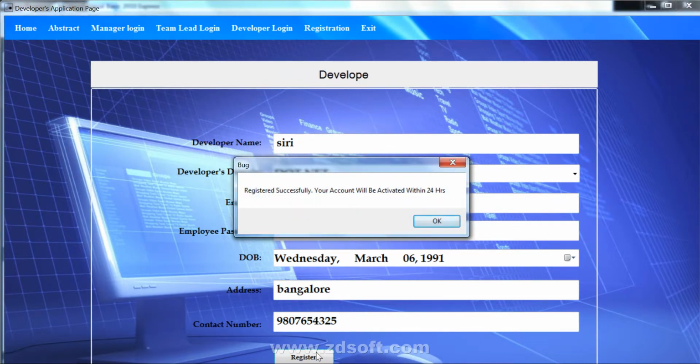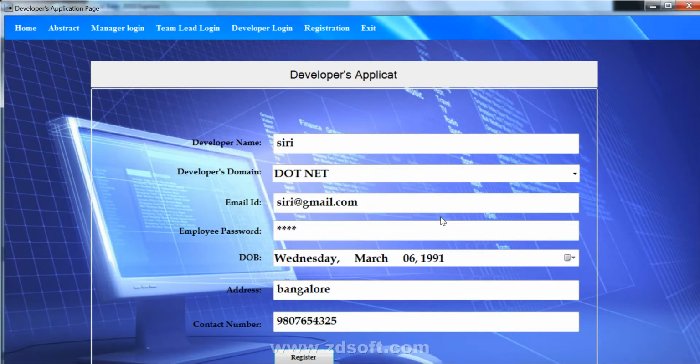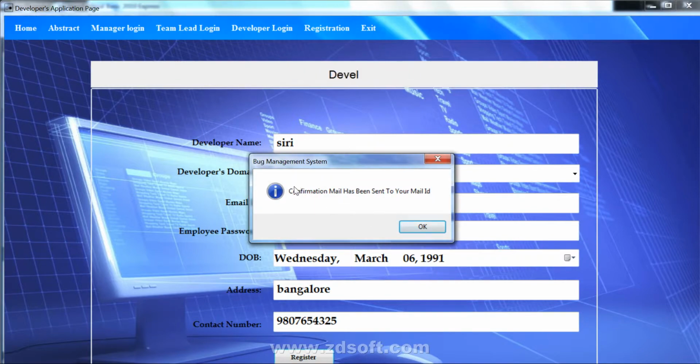Once the registration is done, they will receive a confirmation mail regarding the account has been confirmed. So a confirmation mail will be sent to that particular mail ID.